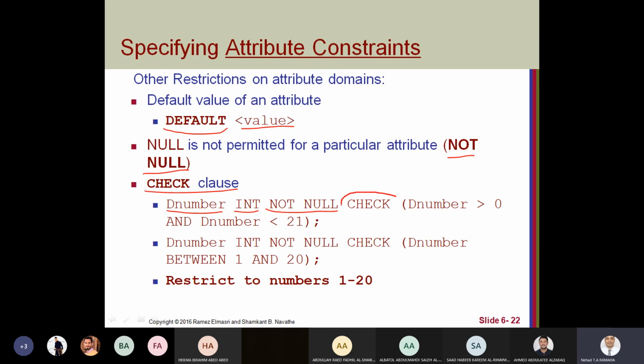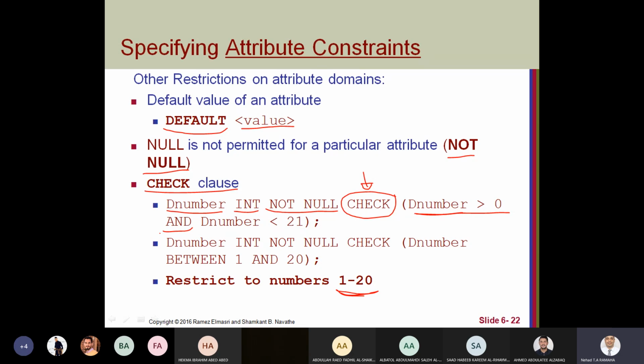We can use the keyword CHECK to check that the entered value is in a specific domain, or in a specific range, or specific values, or to check whether the value is correct according to our criteria.